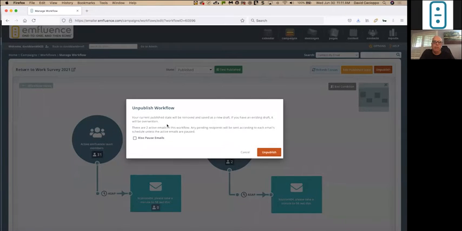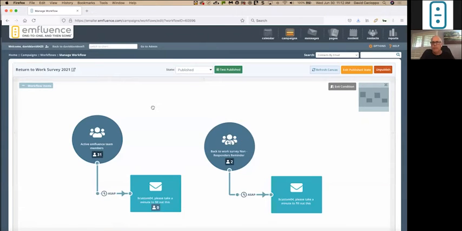And so when you unpublish the workflow, it's going to put it into a draft state. So that's going to replace your current draft. And it's going to then tell you how many active emails you have in the workflow, and any pending recipients will be sent according to each email schedule unless the active emails are paused. So we've given you the ability to also pause those emails when you unpublish. So effectively shutting down the entire workflow very quickly. So again, that was a request from several clients who felt like they needed that capacity to not have to go in and individually stop campaigns that were running.